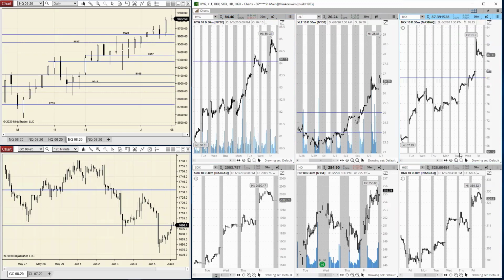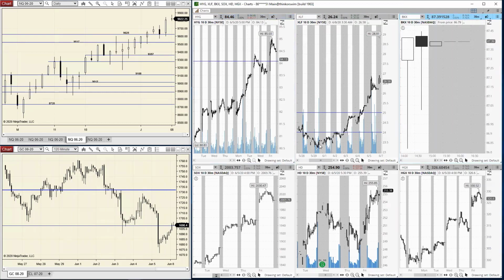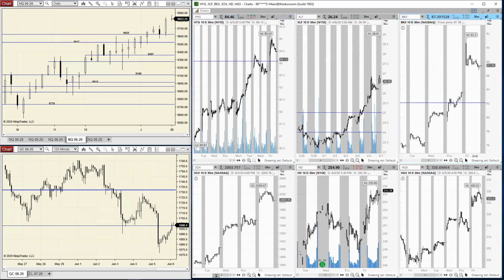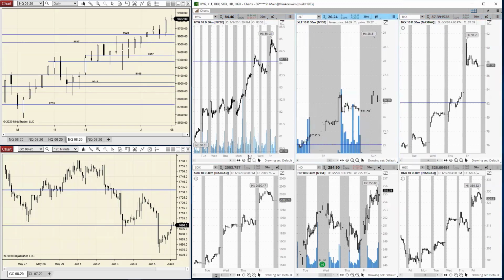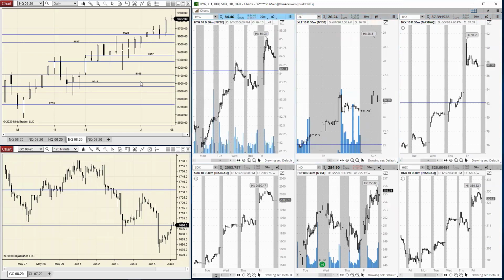So honestly, when you look at it, there's nothing to say, oh yeah, they've run out of gas. I think that they've probably stretched themselves quite a bit. But the key that I'm trying to relate is the way you're going to know for sure. And look at the Nasdaq; it went to new all-time highs. I don't want to say know for sure, but the way we are going to know,